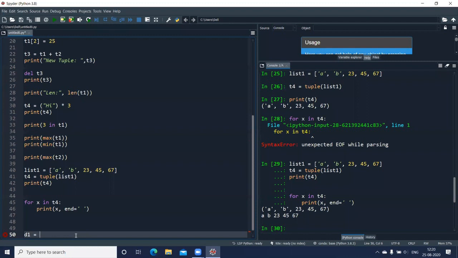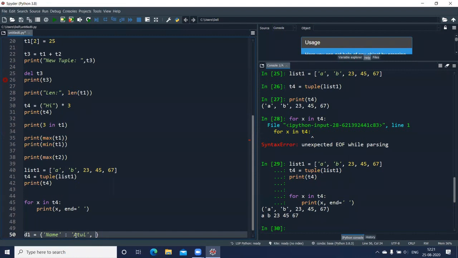equal to, and as I told you, your dictionaries are created using curly brackets. So in the curly bracket, the first parameter is the key. So my key name here is name, followed by a colon and the value. Okay, let us put a value, some name here, say Atul. Okay, now separate this by a comma if I have multiple keys. So this completes one data for me. So one element is nothing but a combination of key followed by the value. Okay, and it is separated by a colon in between.